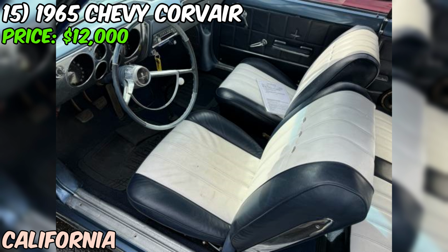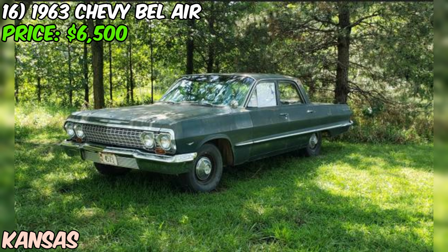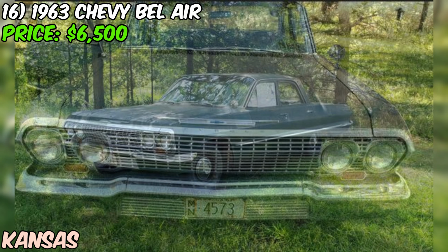Of course, as with any classic car purchase, it's always a good idea to see the car in person, take it for a test drive, and have a trusted mechanic give it a once-over before making any final decisions. 16. We've got a real gem to share with you, a 1963 Chevy Bel Air that's been cherished by the